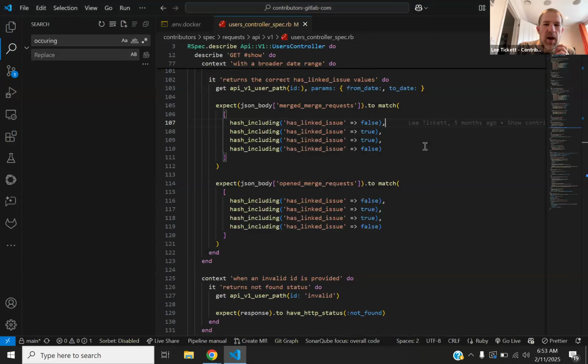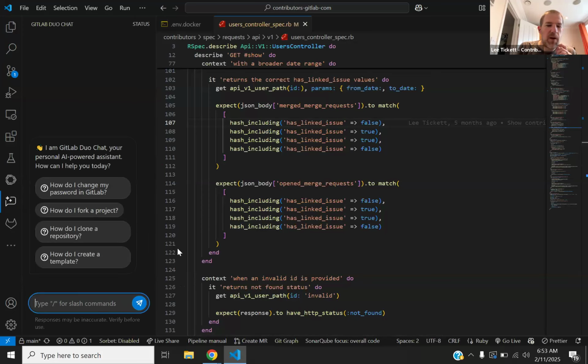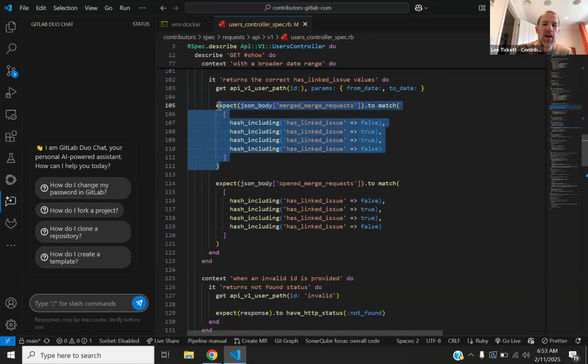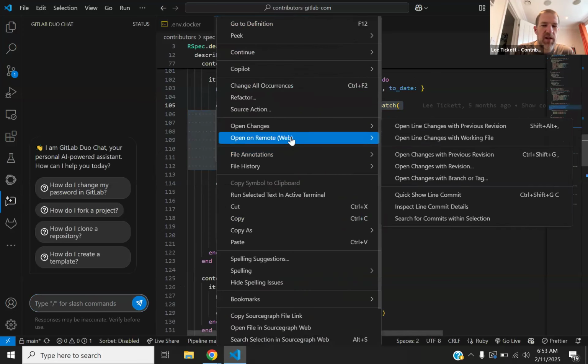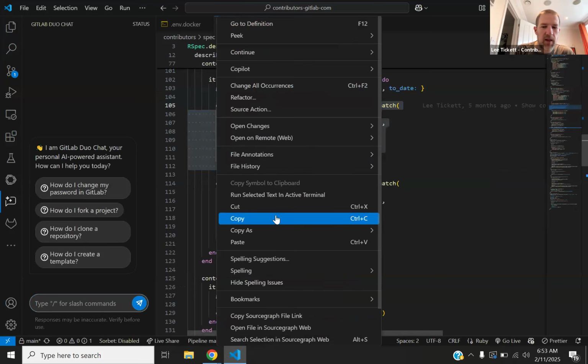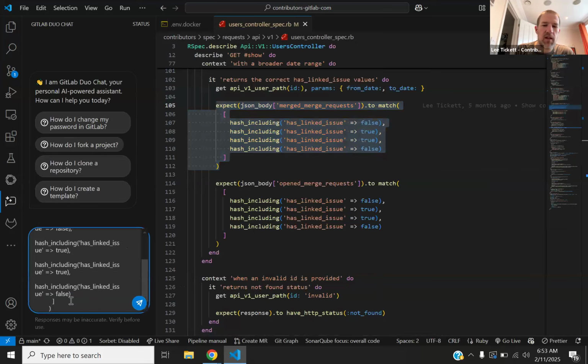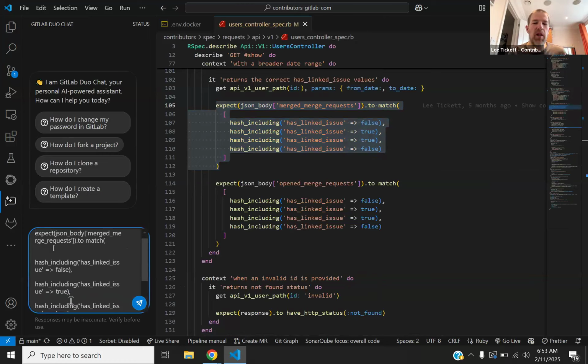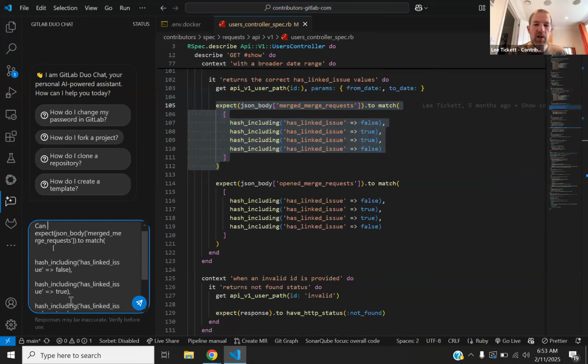Yeah, we want to aggregate somehow. Have you got Duo Chat available to you? If you have, it's probably best to ask the question, maybe copy and paste the expect statement that we've got at the moment and say, can you give us an RSpec expect statement that checks the JSON body merge request contains 2 hashes with has linked issue true and 2 with it false? All right, so we